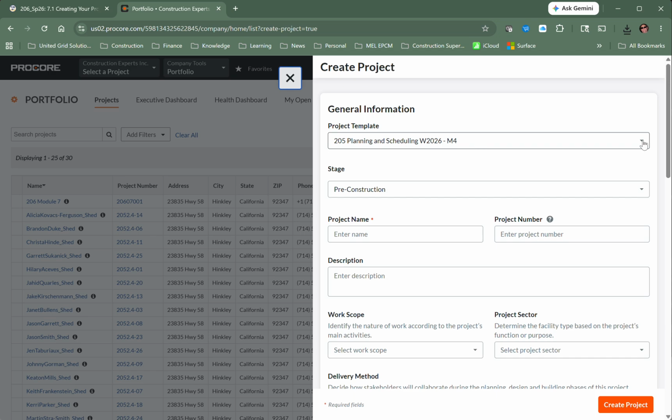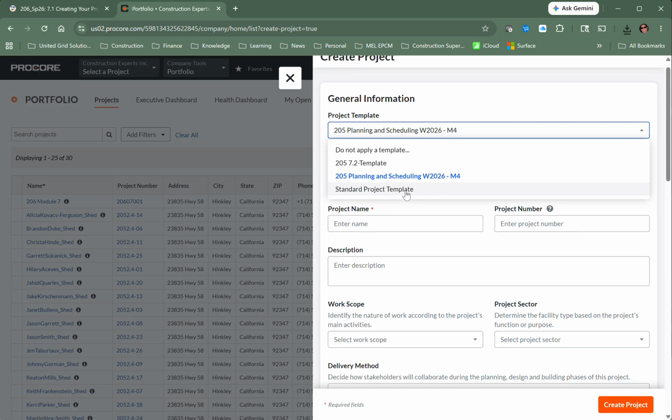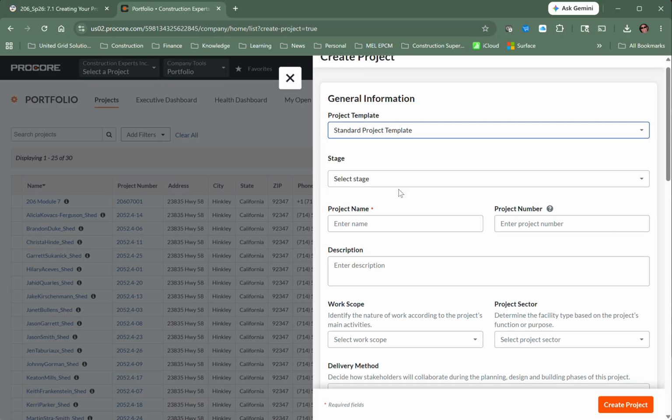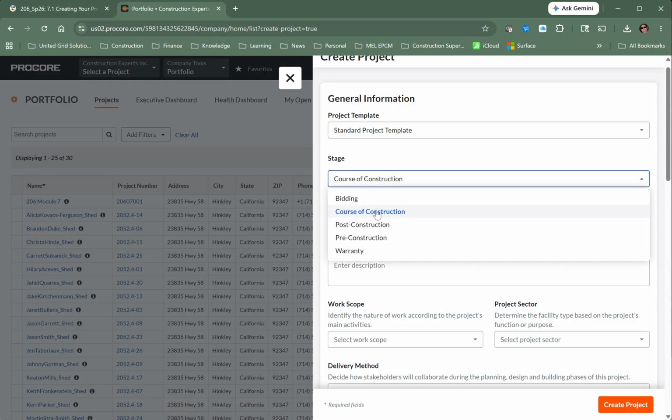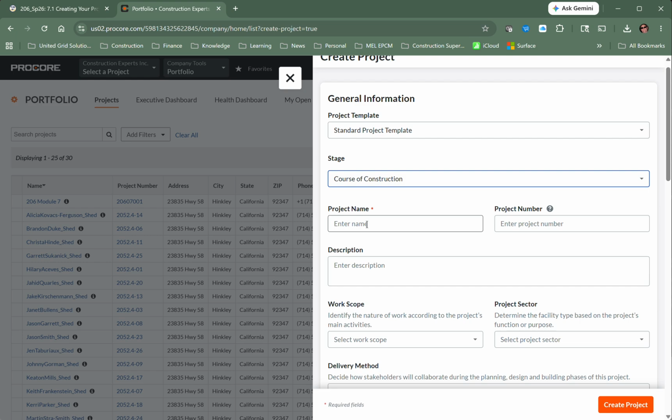Now this will start you off with the general information. In the lessons, I've put a step-by-step guide with all the instructions for what to enter. So let's start out by using the standard project template, the stage, course of construction, the project name, 206 M7,